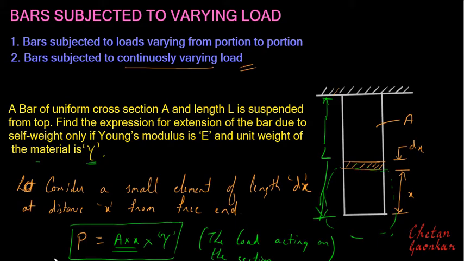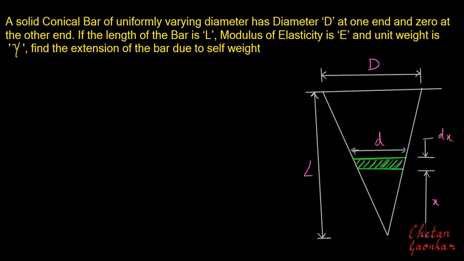I can consider one more example in order to make this concept very clear. What we will do is, we will take one similar example of this kind. Earlier we had a cross section which was intact, right? It had a uniform cross section over the length. But here the cross section is becoming small, and finally it is converging to a point. So basically this is a kind of a cone which is suspended vertically. It is fixed here at this location. Now this diameter is D, and here the diameter is 0, and it is of length L.